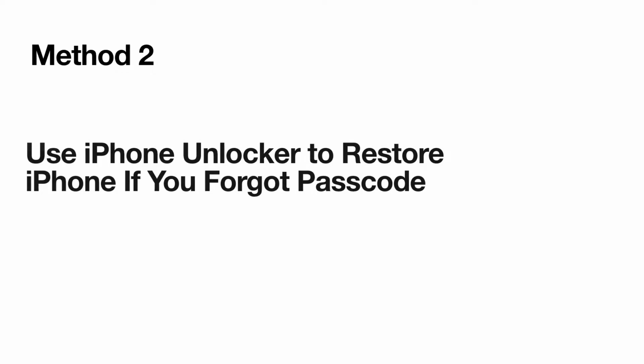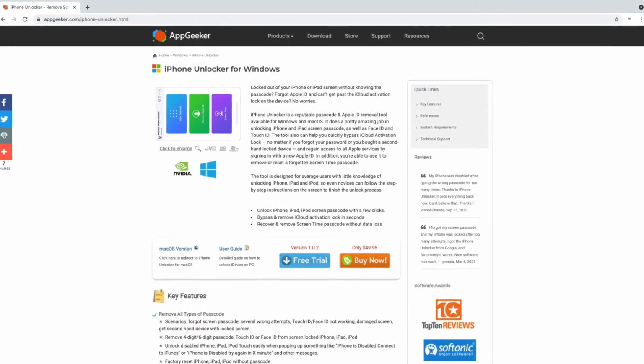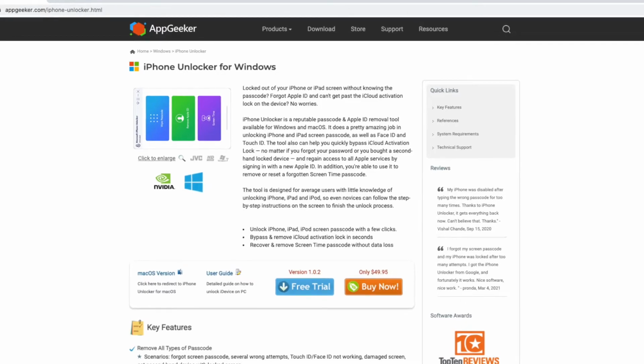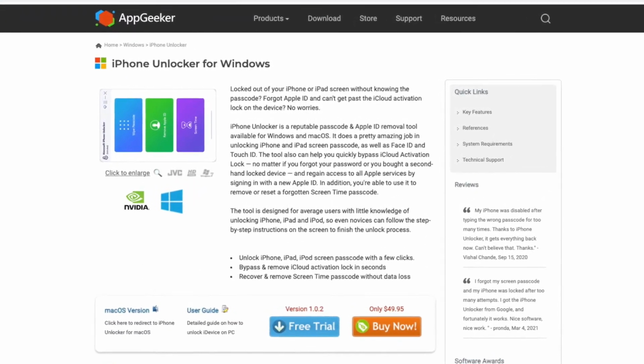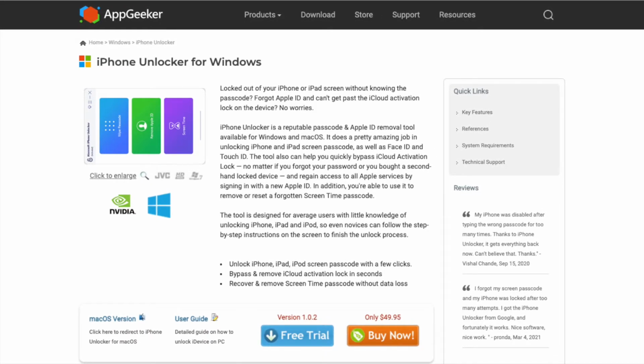If you are still unable to unlock your iPhone even after restoring via recovery mode, you can use iPhone Unlocker. You can find the download link in the description section below. The program is easy and smart for removing the forgotten passcode of an iOS device. It factory resets your iPhone and iPhone software when you need your information but have no access to the phone. Any iPhone model is supported.